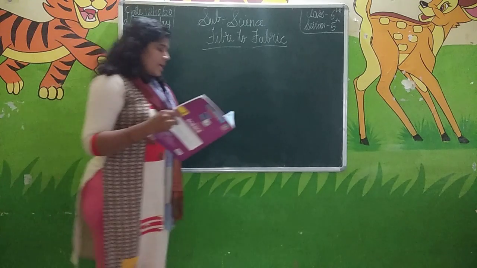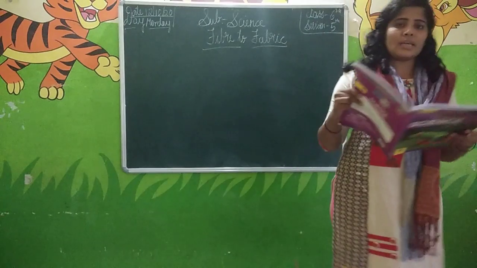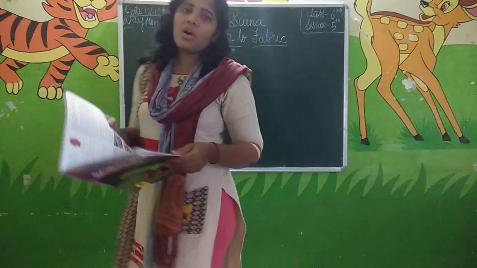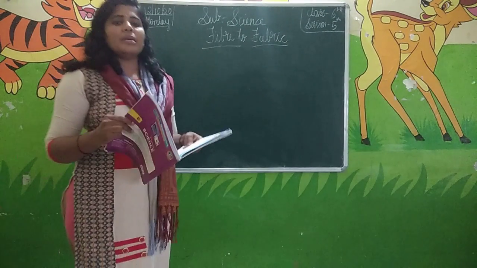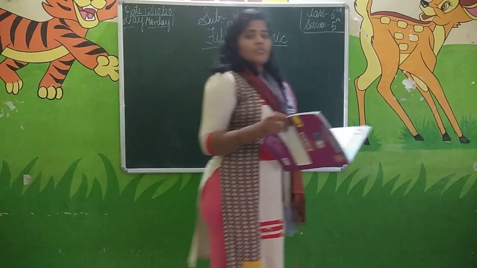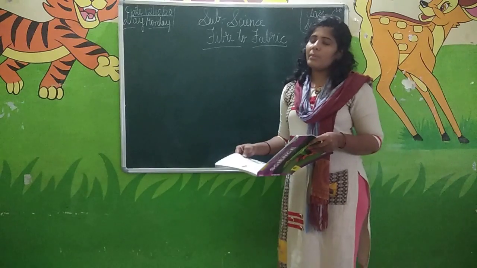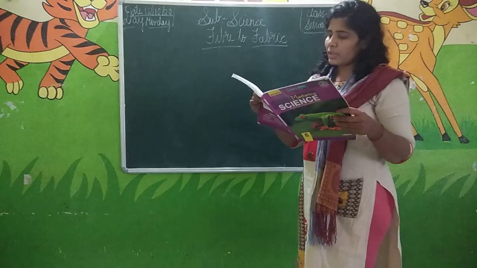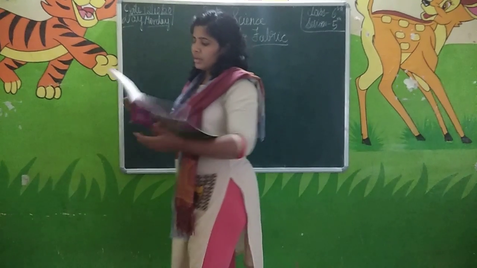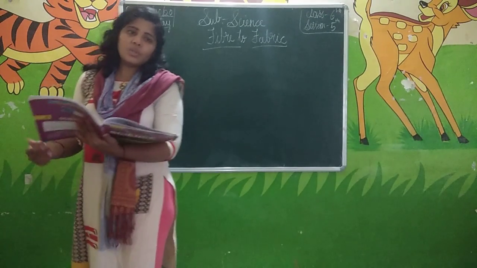In the previous class we learnt about what fibers are and the different types of fibers available: natural, synthetic or mixed fibers. Natural fibers occur naturally, from animals and plants. Synthetic fibers are human-made fibers, made with the help of chemicals available from petroleum. In natural fibers we learnt about cotton, how cotton is cultivated, how it is available, and also the uses of cotton.